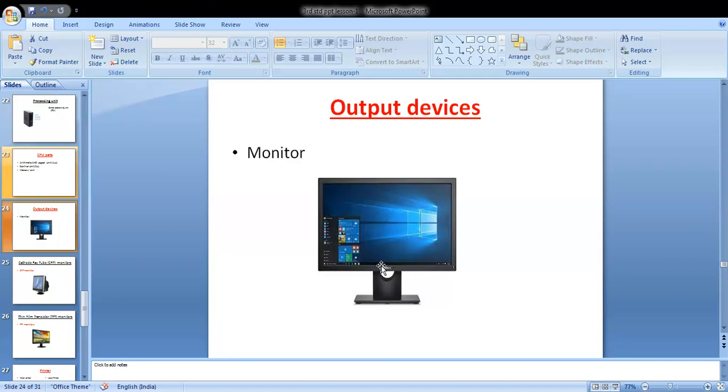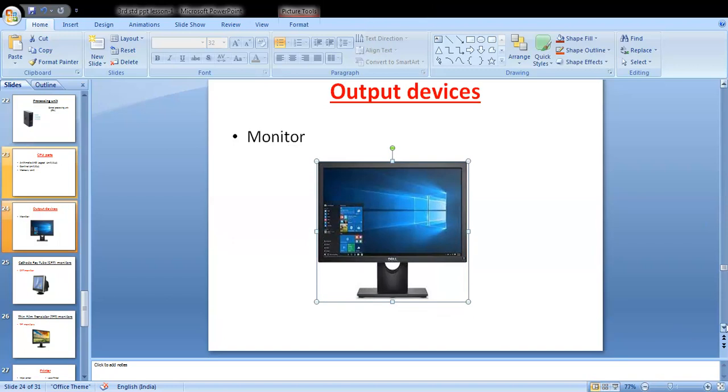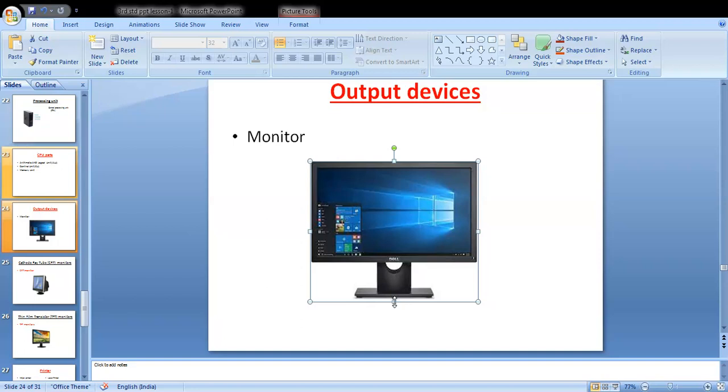Understand? So what is this called, with this image? Yes, monitor. Monitor is output device. Why is it an output device? Because whatever you do on a computer, you can see or get the result from monitor. It is displayed on a monitor. Whatever your work is done is displayed on a monitor. That's why monitor is an output device. Understand?